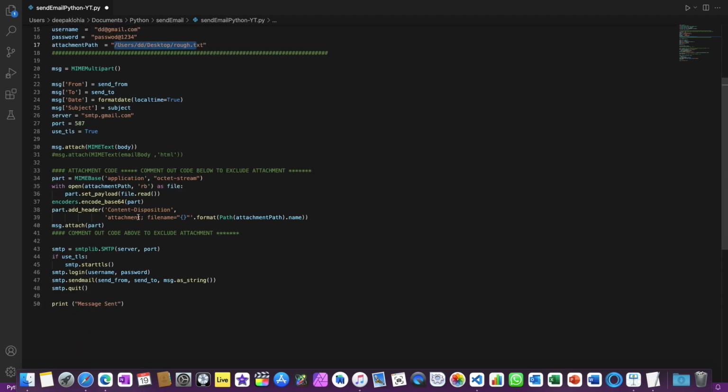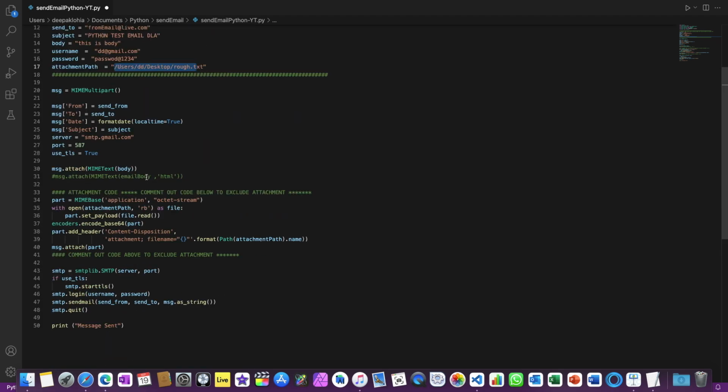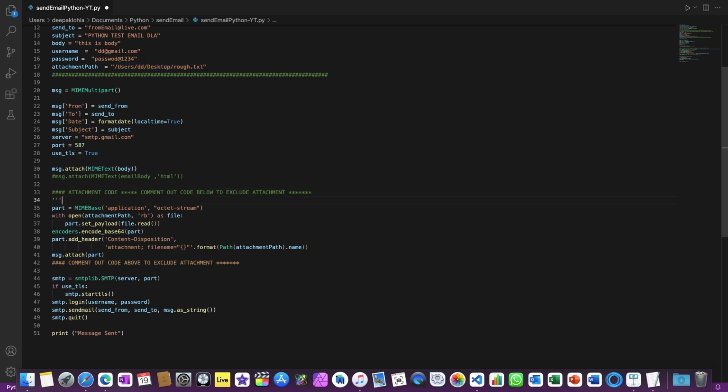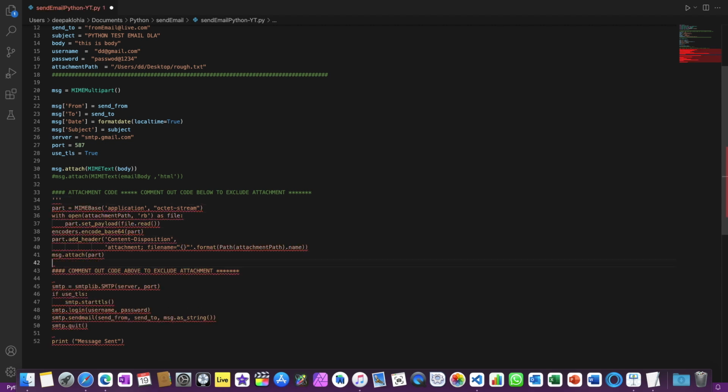And then if you are not using an attachment, you also need to hide this code, so this code is also not required. If you see here, it is written attachment code, comment out code below to exclude, and this one. So this part is not required, but I will also remove this one because we don't need attachment.